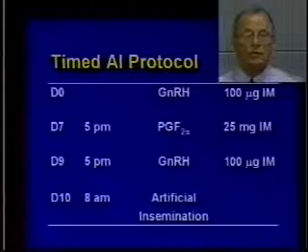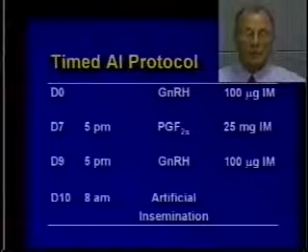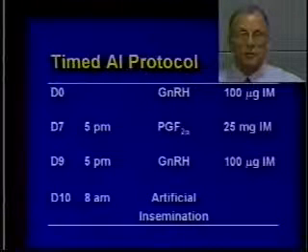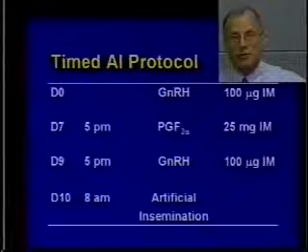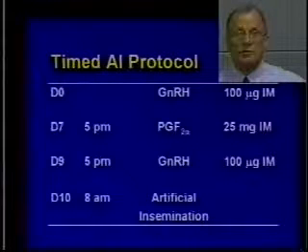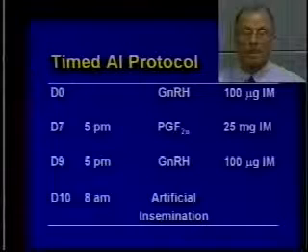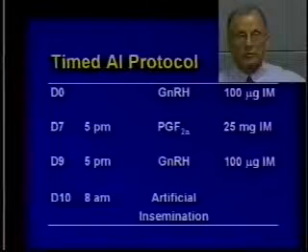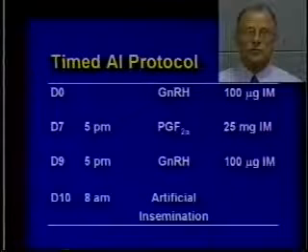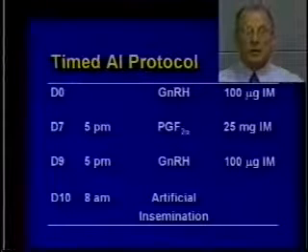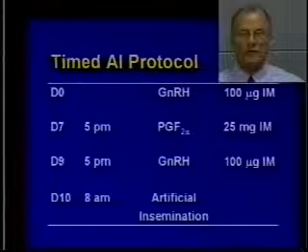What happens on day 0 with the LH that is released, we will cause luteinization of the cyst, or we cause ovulation of a follicle that happens to be present on the ovary. A week later, when we give the prostaglandin, all that luteal tissue is regressed, and a new follicular wave starts. We give that a couple of days for a dominant follicle to come up ready to ovulate, and we give 2 days later a second injection of GnRH to cause the ovulation of that follicle,